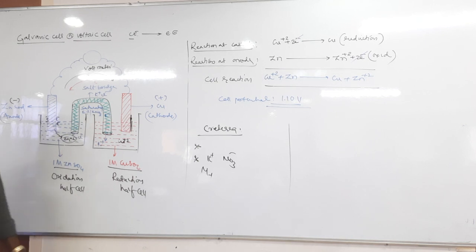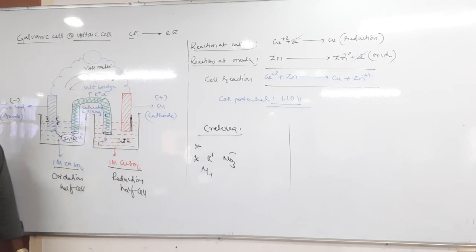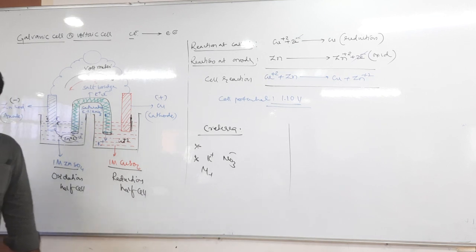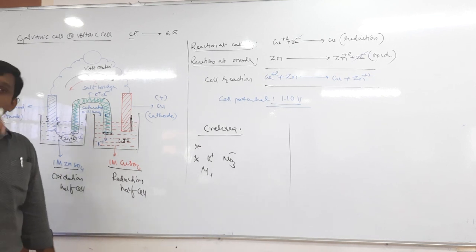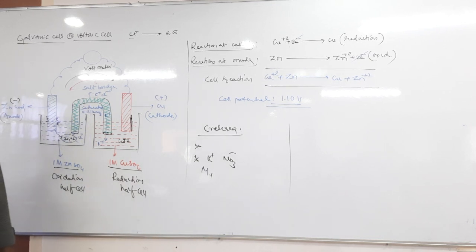Yes or no? Whether we are using any external current, external force? No, we are not using any force. We just connected zinc rod, copper rod externally, internally. Automatically electrons start flowing. Therefore, this is a spontaneous process. Delta G is negative. Whereas in case of electrolytic cell, we have passed the current. No, external force is applying. That is an endothermic process, and delta G is positive. It is non-spontaneous.